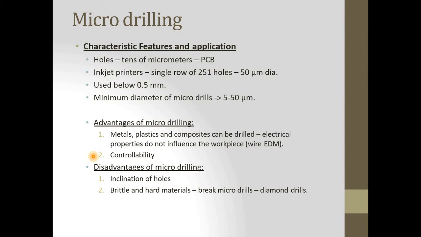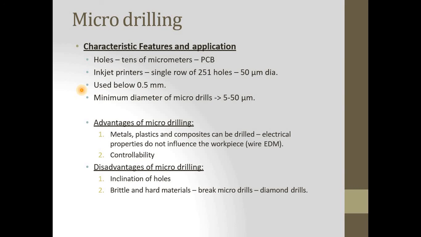What are the characteristics and features for the applications of micro drilling? Holes are made on the PCB, for example an inkjet printer with a single row of 251 holes of 50 micron diameter, used below up to 0.5 mm, and minimum diameter micro drills are near about 5 to 50 micron. The advantage of micro drilling is that metal, plastic and composites can be easily drilled and properties do not influence